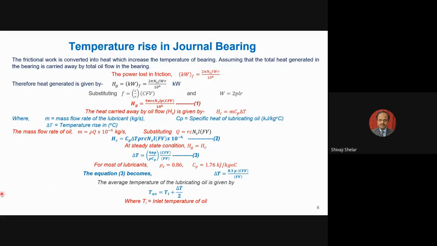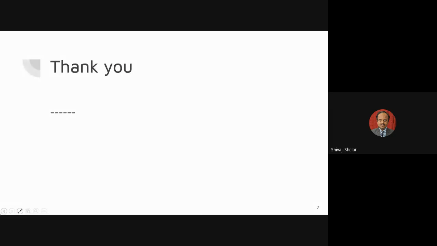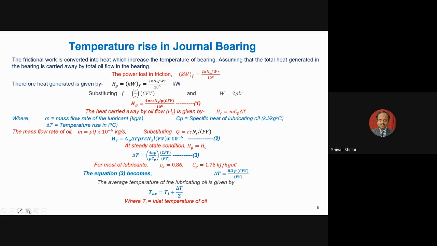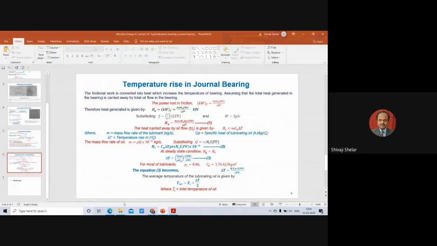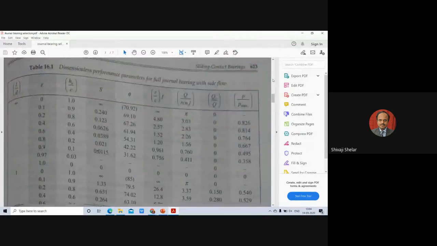When we see the problem next time, we will go through all the design and selection parameters, and along with the problem, we will learn everything there. So this is regarding today's analysis of journal bearing, very important. I will show one more thing also, the fluid mechanics solution there. This is not part of the syllabus, but sometimes it is asked. Then you can go through this from your Bhandari book.